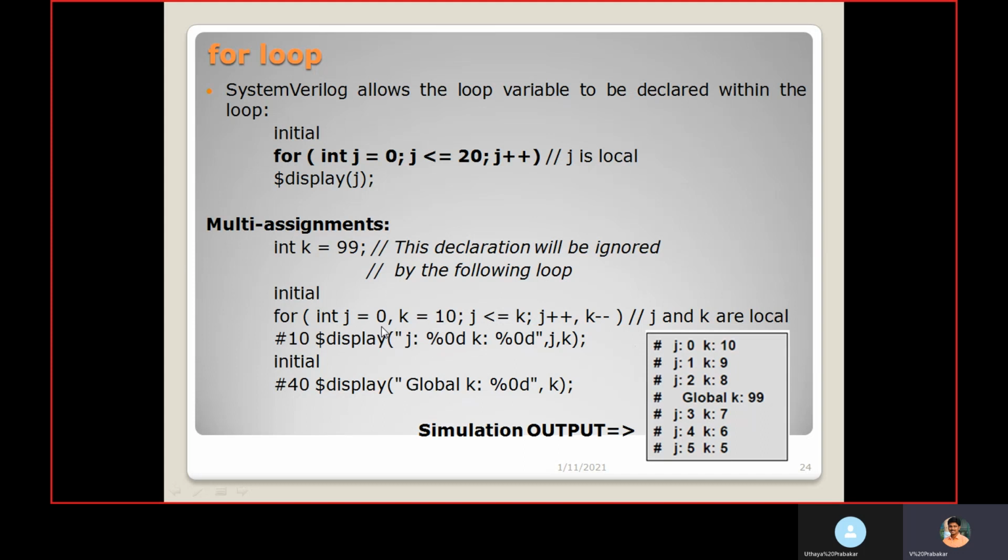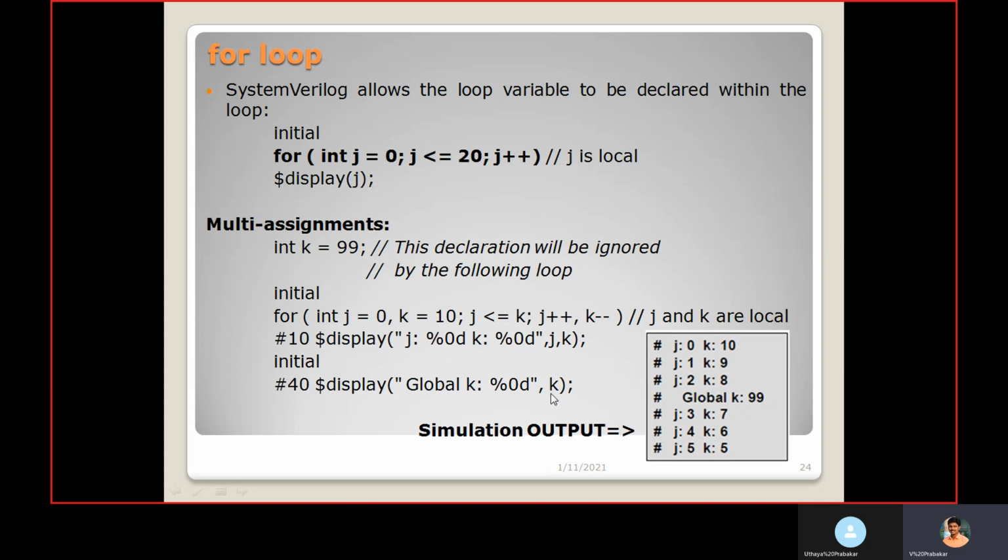Then in the next iteration, j becomes 1 and k becomes 9, and in the next iteration j becomes 2 and k becomes 8. It is mentioned that at the 40 time unit this line should be displayed, so it is getting displayed.